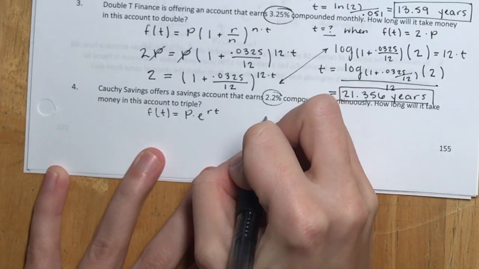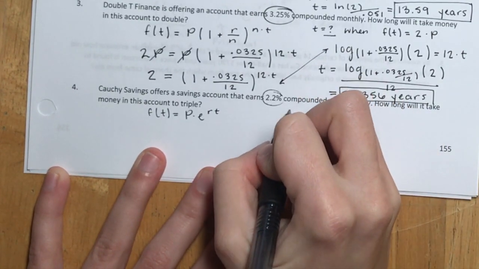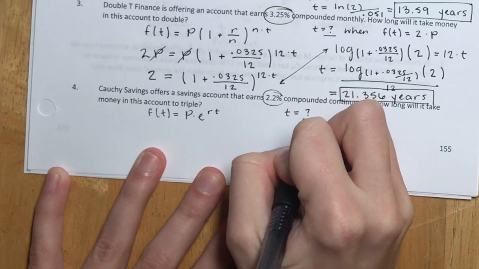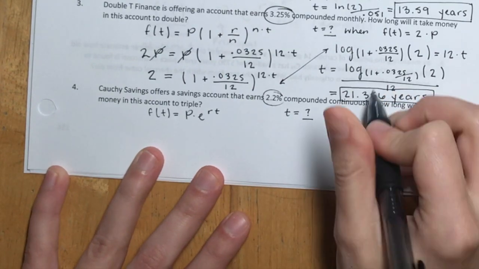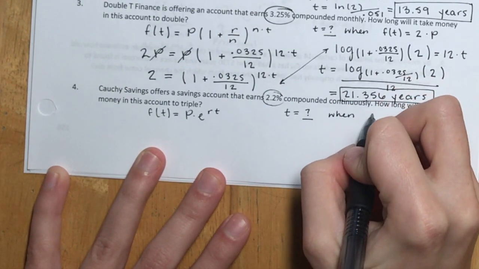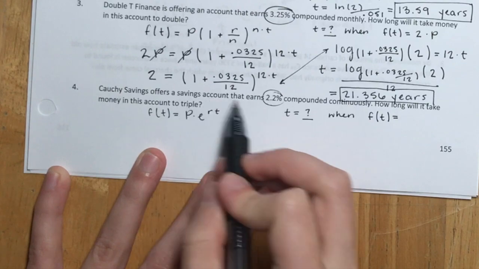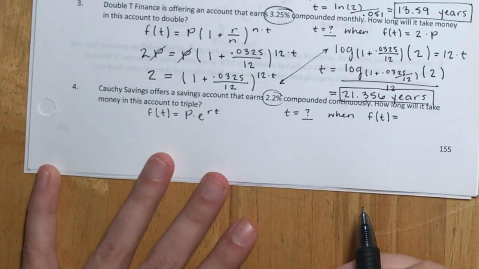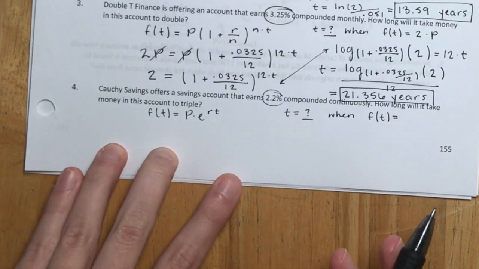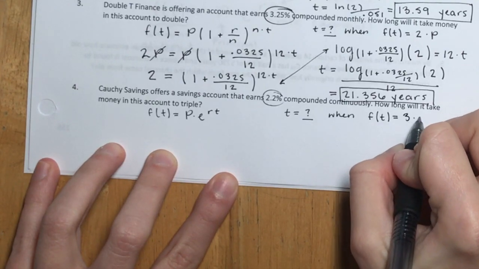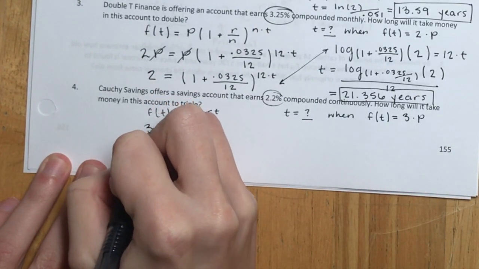What are we looking for? Well, how long? That's an indicator that we're going to be looking for a T value. Will it take the money in this account to triple? So what T value do we have when money in the account, so the amount at time T, is triple what we started with? So how can we express that mathematically? Well, the amount we started with is P, so triple the amount we started with would be 3P. Let's replace A of t with 3P and solve for